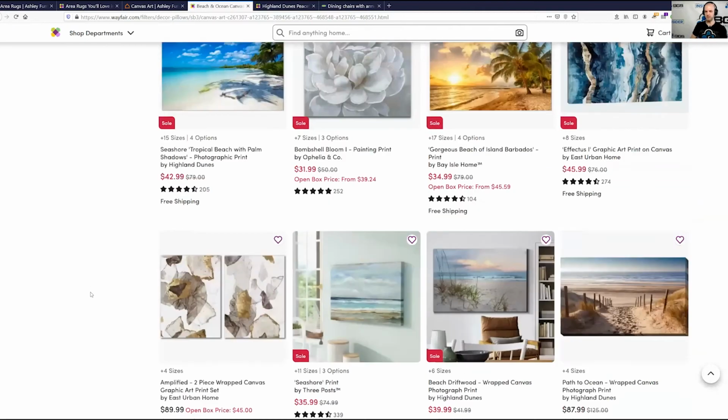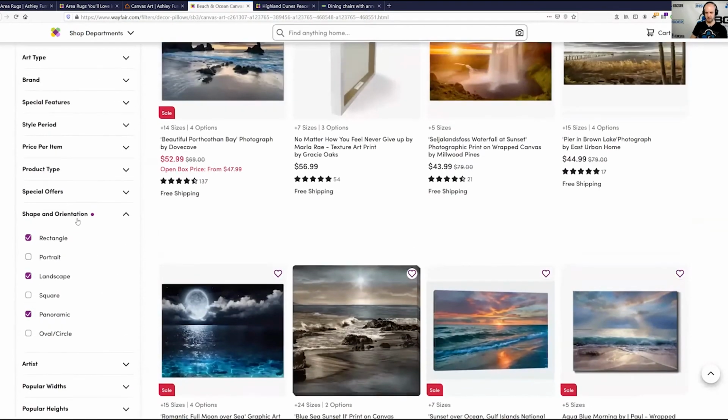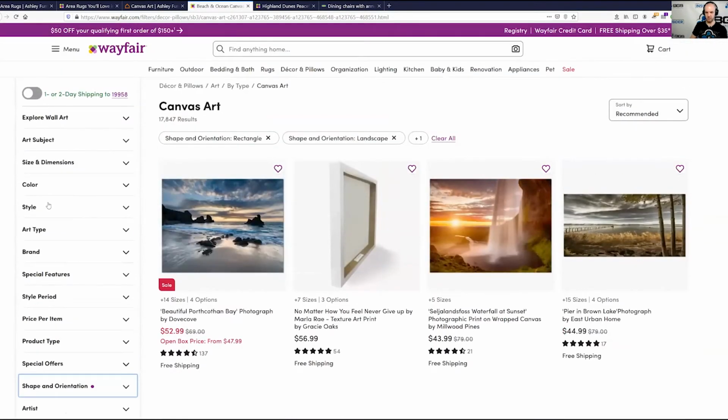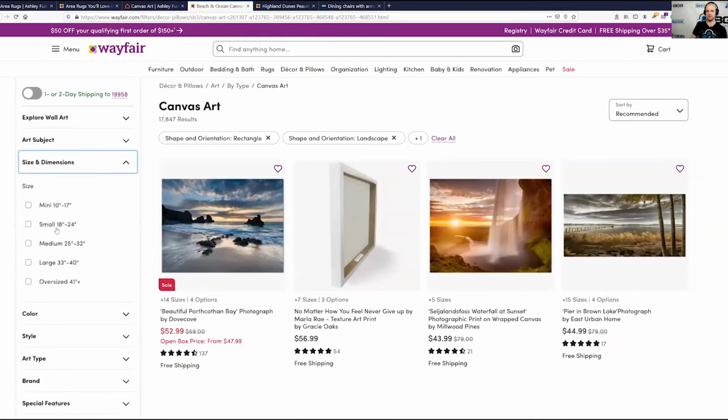Plus, their sizes. Where's the size? There we go, size and dimension. It tells me small, medium, and large, but it also actually shows the width of the image, which is very important, okay? So this is the second point: offer filters that are relevant to your customers, that your customers care about. Always go through your website thinking from the perspective of the customer, not as a business owner,